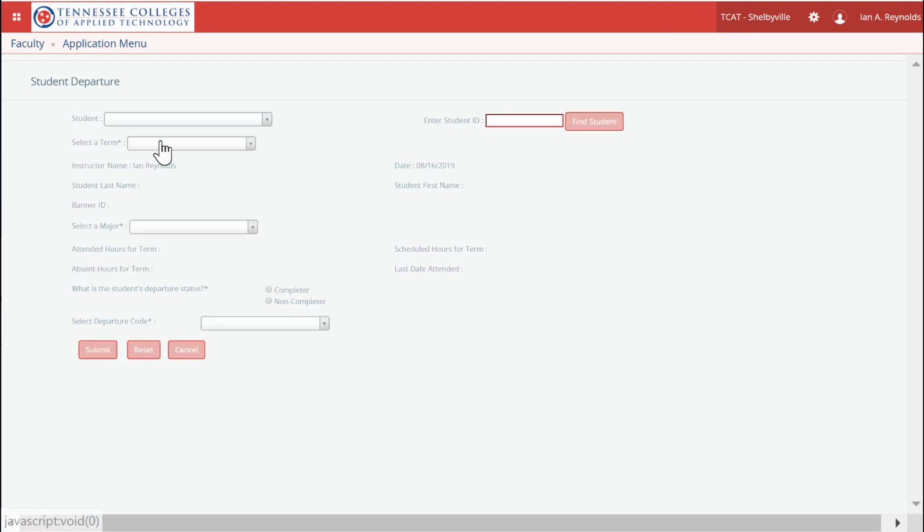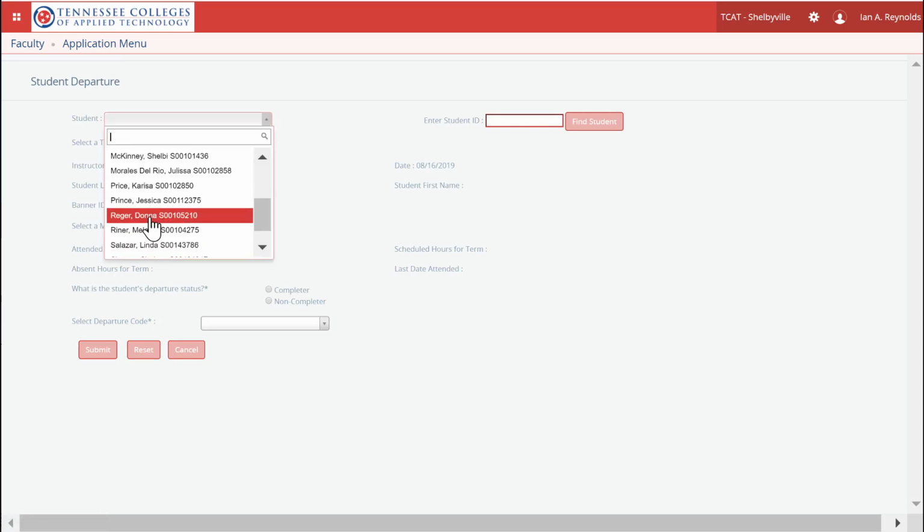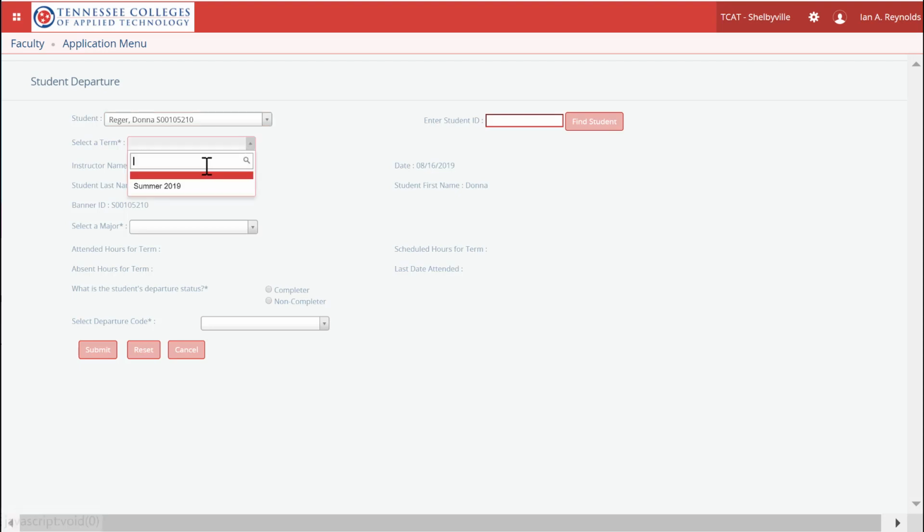So I would like to step through one more example very quickly on what this might look like for a non-completer. So I'm going to go back to my drop-down list here. I'm going to select a different student. I'm going to select the term as well. The major will be the same. And I do want to demonstrate that as I select a non-completer, it will drive the options a slightly different